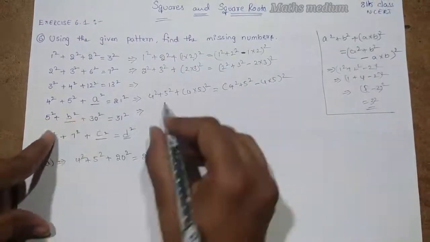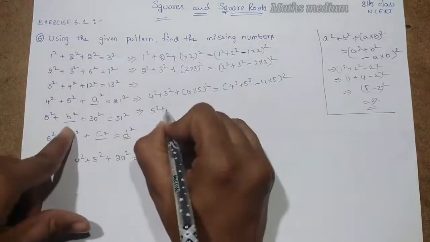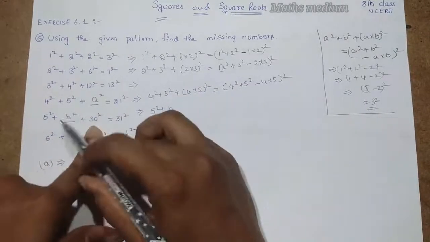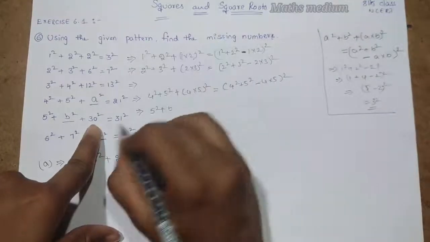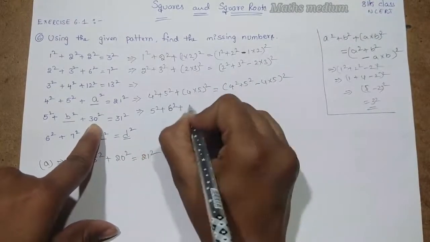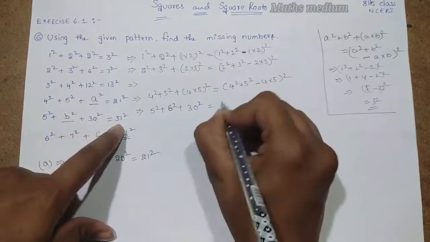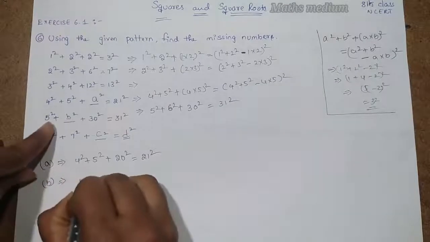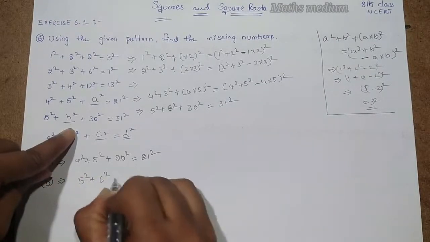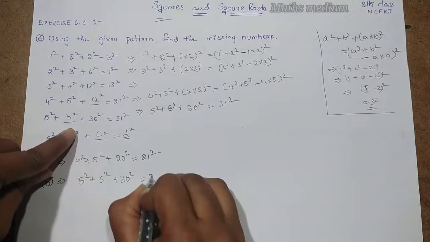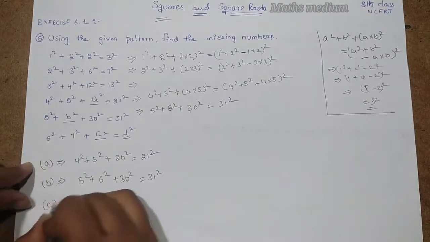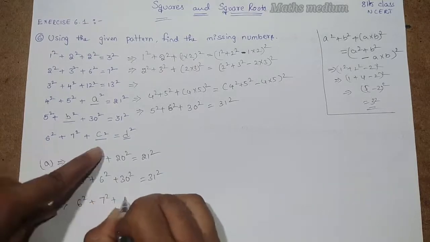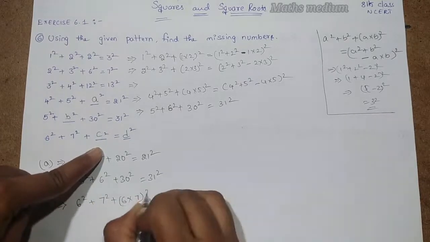This is the one. Next, coming to this, 5 square plus b square, it means we don't know, but it is 30. It means 5 into 6 gets 30, right? So 6 square plus 30 square is equal to 31 square. It is simple. So B is equal to 5 square plus 6 square plus 30 square is equal to 31 square. And finally, we have this 6 square plus 7 square plus 6 into 7 whole square is equal to